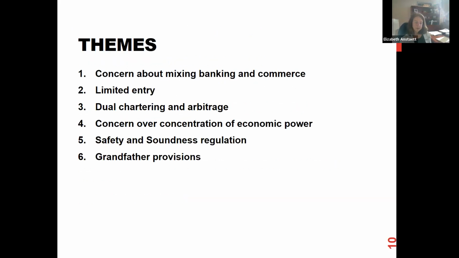So this is kind of, I guess, the end of the overview that will give us a place to put in some of the other financial compliance laws that we will be discussing throughout the semester. But the book does talk about some of the themes that you hopefully have already started to see and that will shape regulation. One is this concern of mixing banking and commerce, which continues today and does restrict what banks and other financial companies can do. It limits them as they try to be competitive in the marketplace to certain activities.